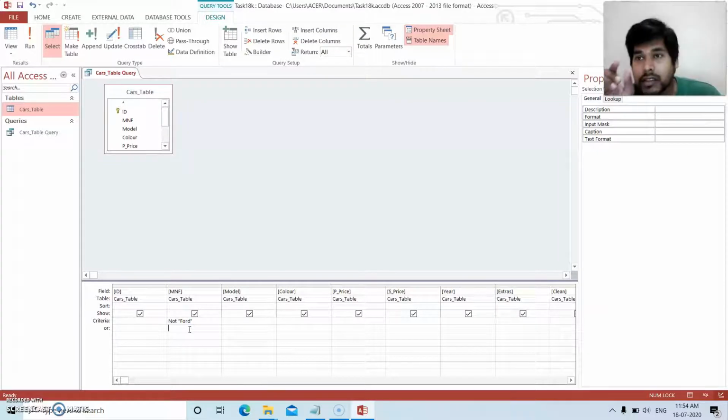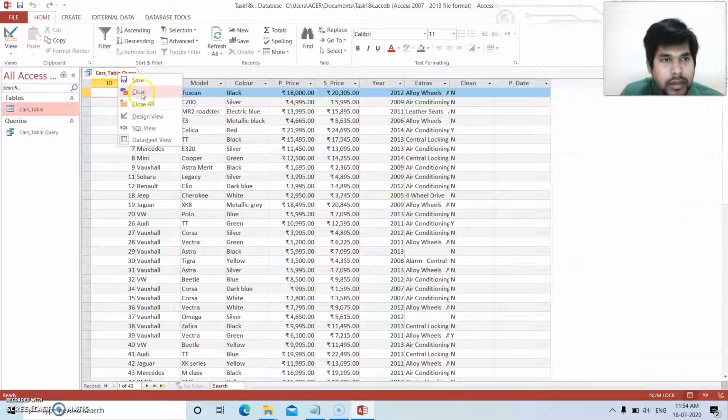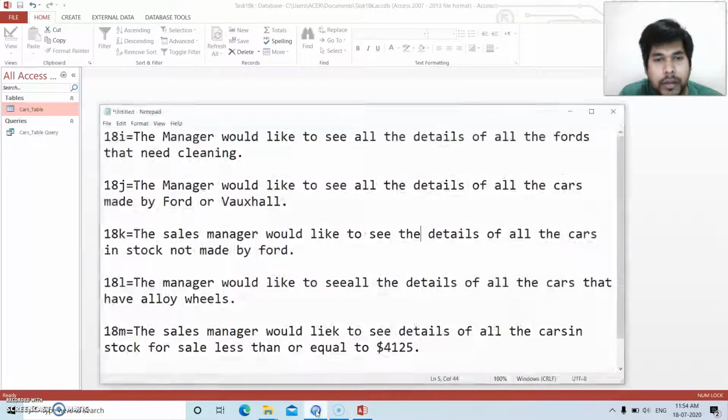Not is a negation keyword, right? After this, click on run to see the output. See, these are all the car details which are not made by Ford, right? This is your 18K. Now close this cars table query. Click on yes. Again open the notepad.